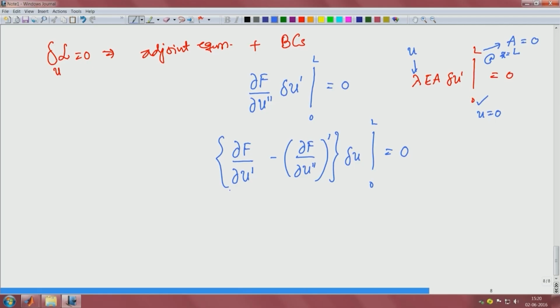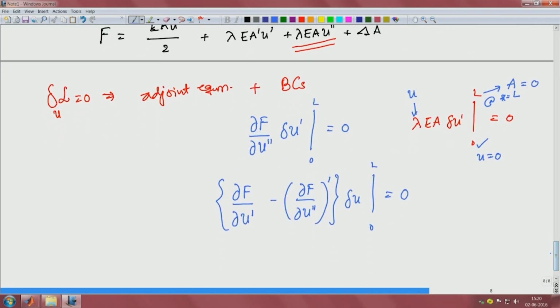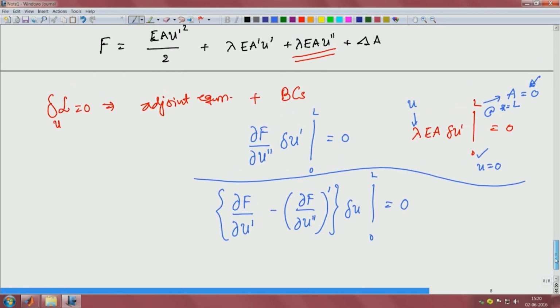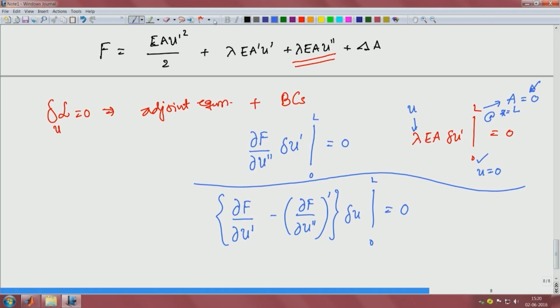Now similarly we can write for the next one, right. So, this F is there, this is done. We got something interesting of what we need there, all right. So, here if we write the second one, ∂F/∂u', that will be E A half, and that will become u', and then minus the second part we will have lambda E A' and then prime of this, that is all we have, and then that times delta u is equal